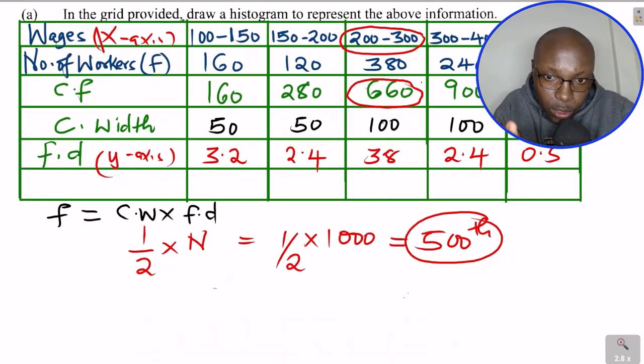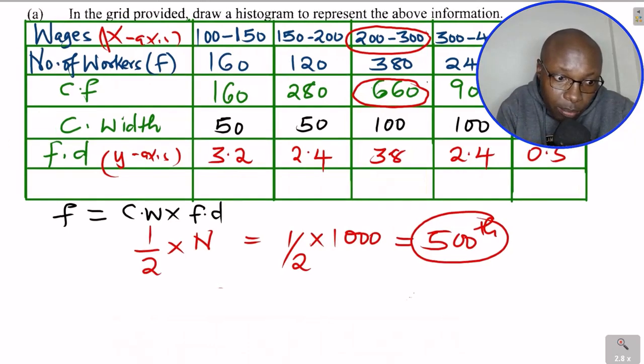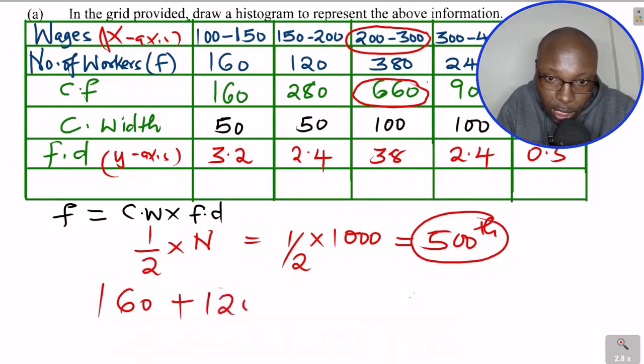Now, I want you to look at the frequency. We noted that at median we will have 500, because total frequency for this data is 1,000. So if you want the median position, you get half times 1,000, which will give 500. So median will lie there where total frequency will be 500. So that means if I take 160, look at this column where we have frequency, we have 160 plus the other class 120, then plus the figure that you're going to add here,